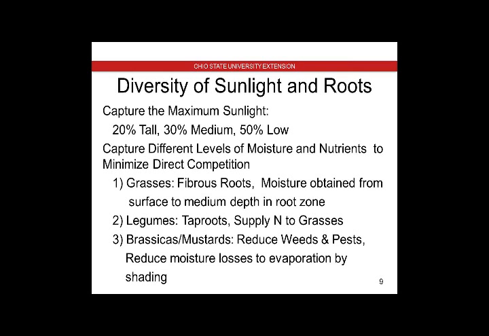The brassicas and the mustards are going to help us reduce the weeds and the pests. They tend to reduce moisture loss to evaporation by the shading of their leaves. If you think about a radish leaf, they're quite big, and that helps to keep the weeds down. Plus, they also tend to have things called glucosinolates in them. This is a natural herbicide that will take out a lot of weeds.